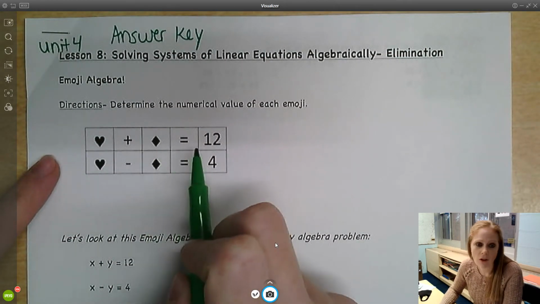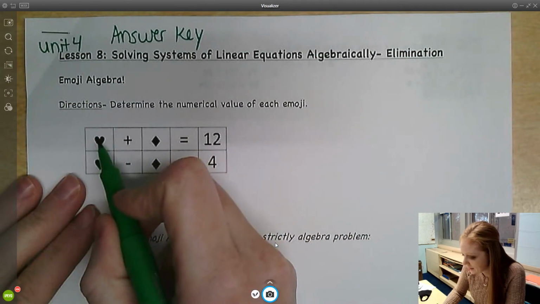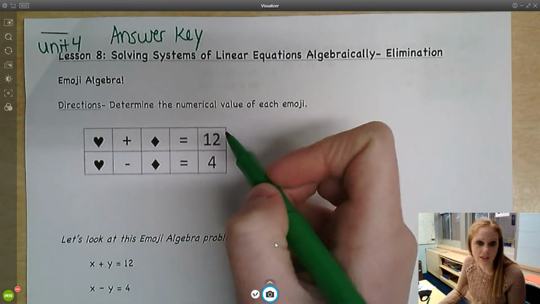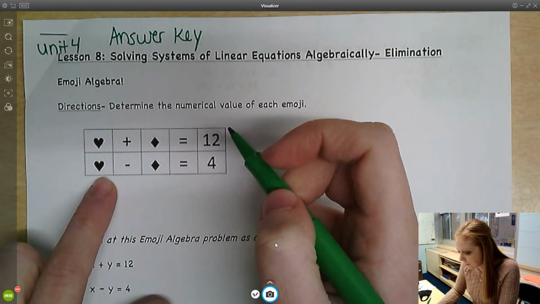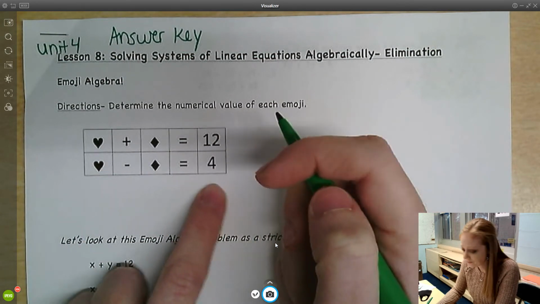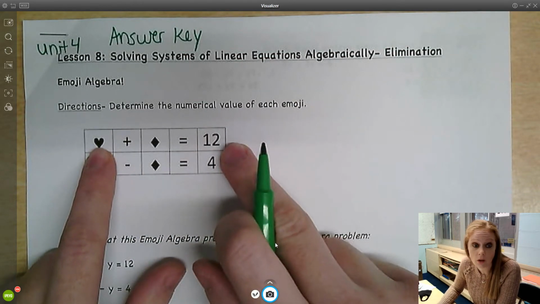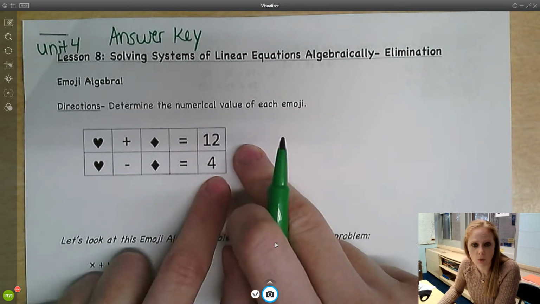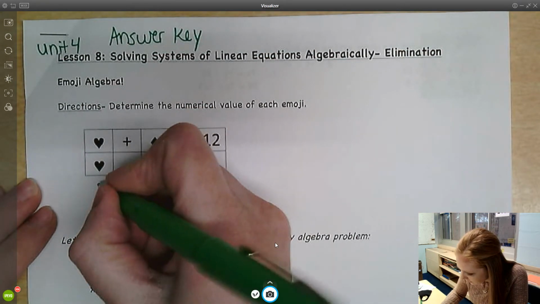So if you want to figure out the value of these, you would probably just play around with them in your head. So some of you might think, oh, 6 plus 6 is 12. That's the first one that jumps to my head. But if the heart is 6 and this is also 6, 6 minus 6 is not 4. What if you thought maybe, oh, well, 10 plus 2 is 12, but is 10 minus 2 4? No, but if you play around with it enough, you'll come to realize that